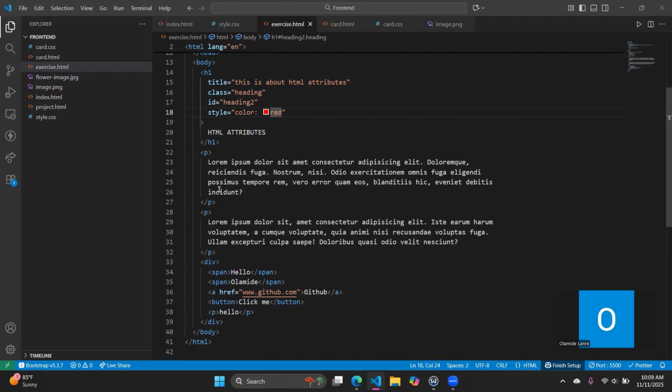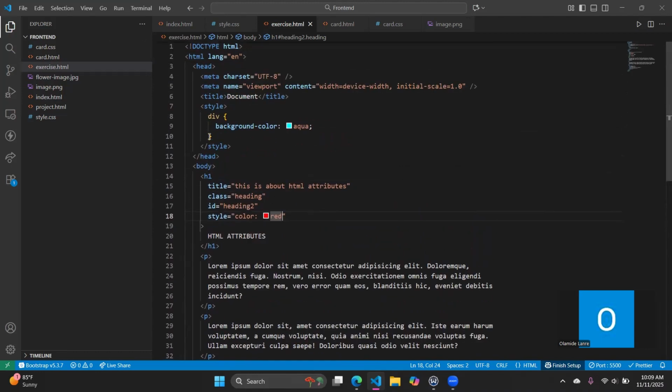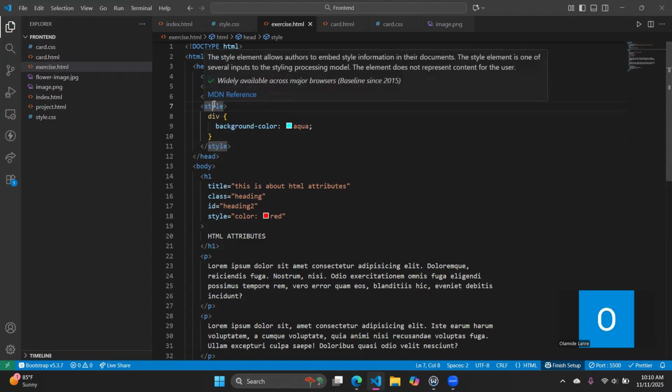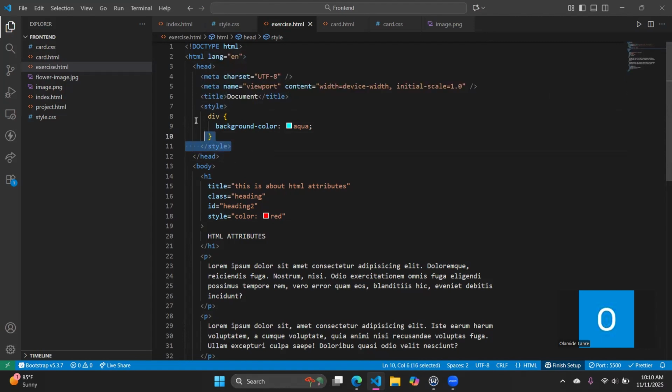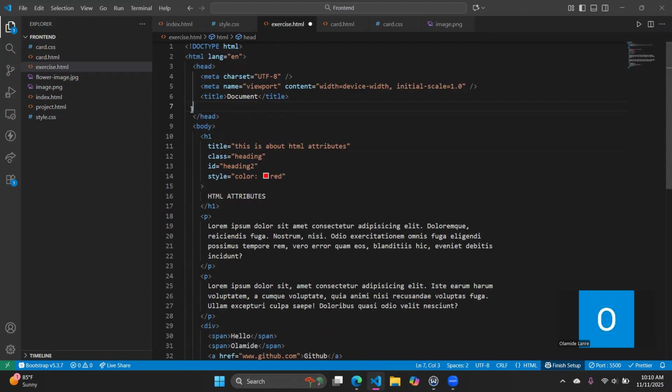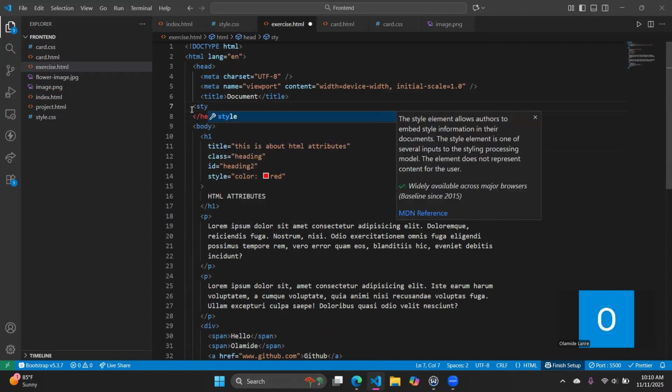Okay, and then the next one we'll be looking at is the internal styling. Now this internal styling, we write it in the head tag of our HTML. You can write as much HTML and CSS style that you want. So what you do is you open up a style tag over here. Let me erase this and then rewrite this. So you open up a style tag in your head tag,